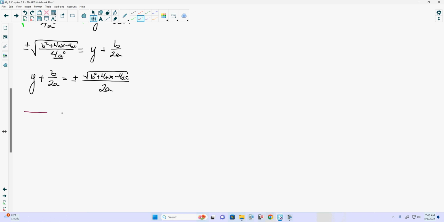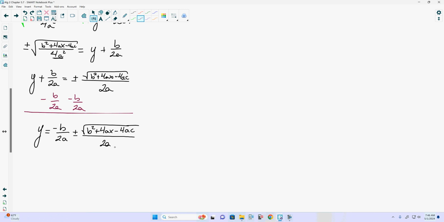And lastly, getting y by itself, we can subtract b over 2a from both sides, telling us that y is equal to negative b over 2a plus or minus the square root of b squared plus 4ax minus 4ac